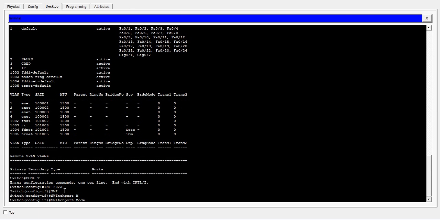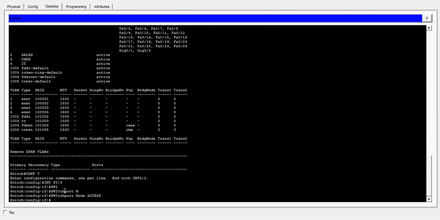Now a port in a VLAN can basically be an access port or trunk port. There are also some other dynamic features which I will not go into for now. A port that is connected to an end user device is an access port. A port connected to a switch or a router is configured for trunk. That's the basic way to explain it. So switchport mode, I'm making that port access first, then I assign the port to it using this command, switchport